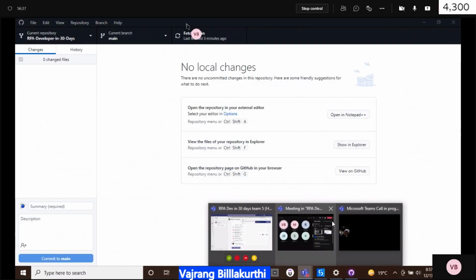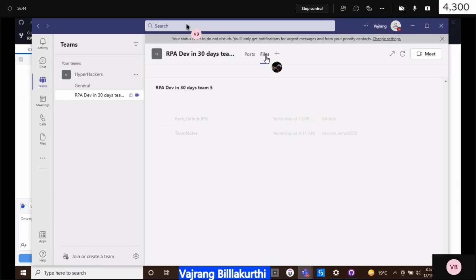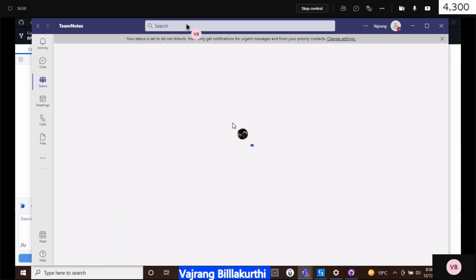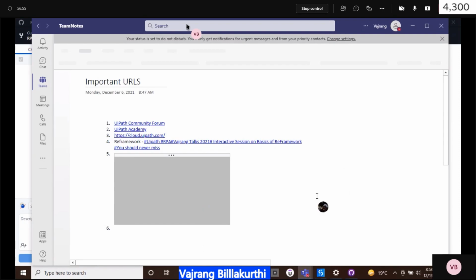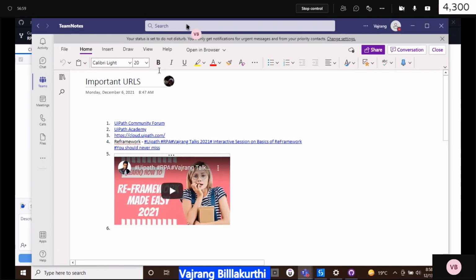Okay. So Adarsh, why don't we go ahead and then go to Teams channel? Go to files. And then open team notes. On the left side, there will be sections. Click on sections on the left side.